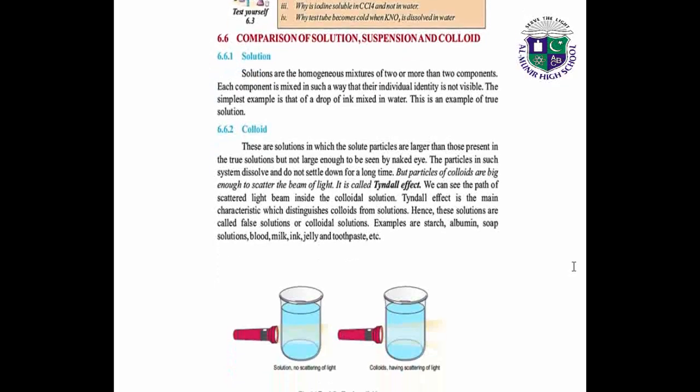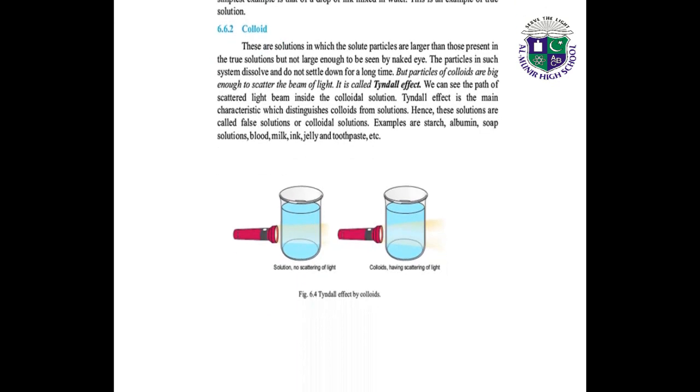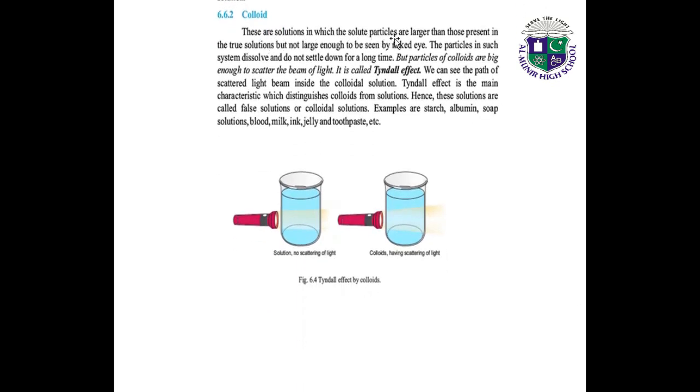Next, comparison of solution, suspension and colloid. Solutions are homogeneous mixtures of two or more components, as we have already studied in the above topics. Colloids are solutions in which the solute particles are larger than those present in true solutions but not large enough to be seen by the naked eye. The particles in such a system do not settle down for a long time, but particles of colloids are big enough to scatter a beam of light. It is called